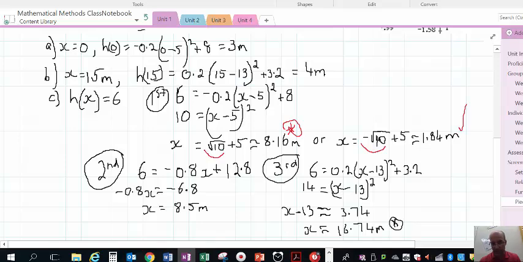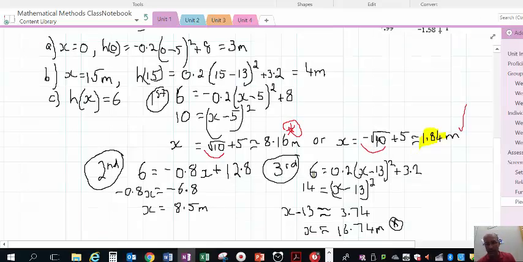So we haven't got that many solutions to this because some of them are outside of the domain, so that one is rejected. So which ones are our answers? 1.84 was okay, and